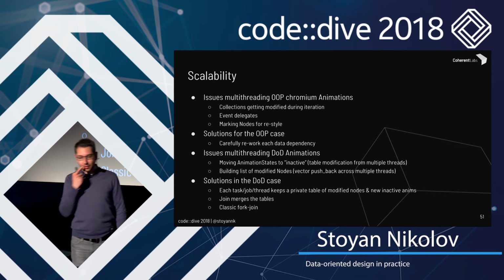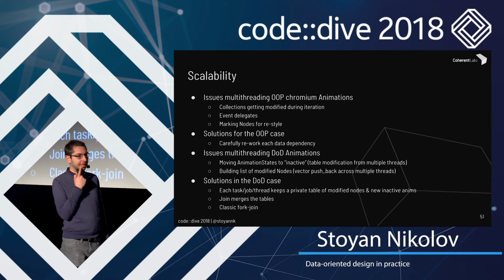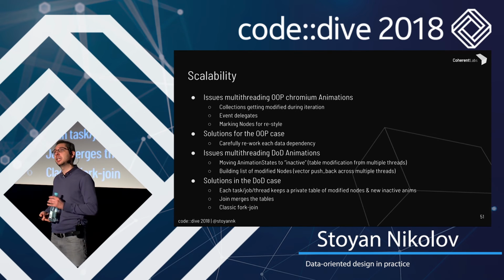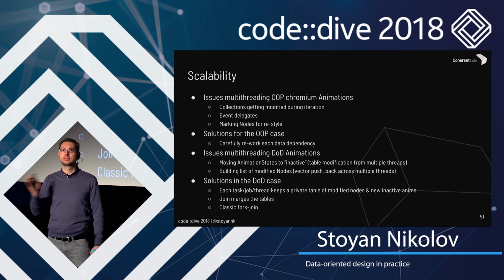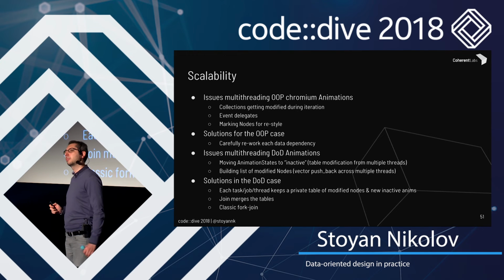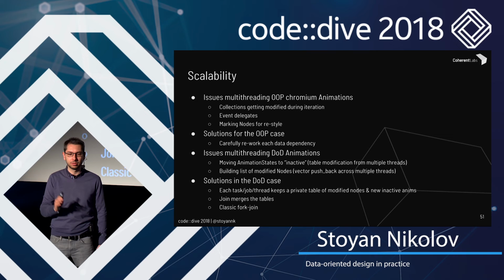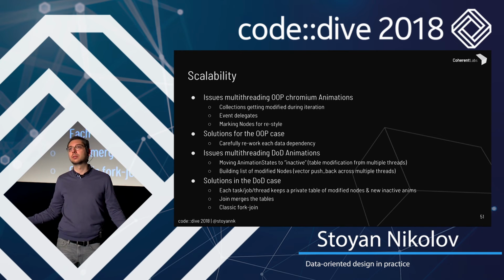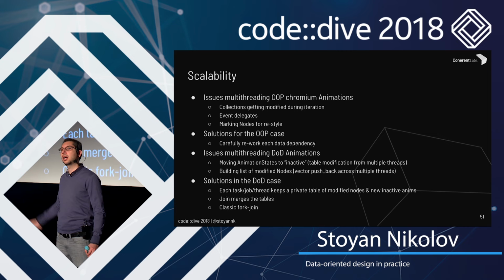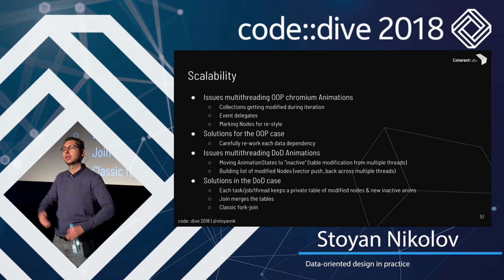Next up is an interesting part, and it's scalability. And here by scalability, I just mean having this work on multiple threads. We're in the world of desktop computers, not distributed systems. So scalability here is, can we make this animation system work on more threads? Our computers and phones have a lot of cores. We would like to use that.